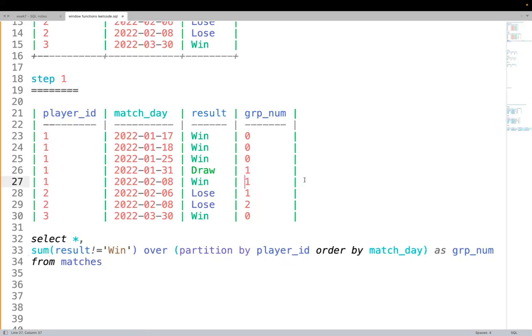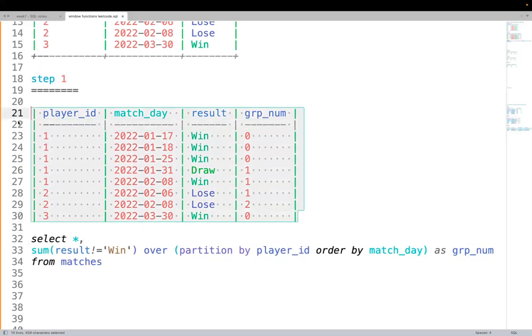Like that. So the main point here, you see the group number changes as soon as winning streak ended, right? So this is the trick in this question. If you do this, then remaining problem is easy. Now once we get this as the output,